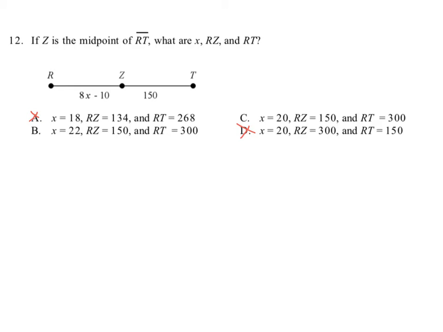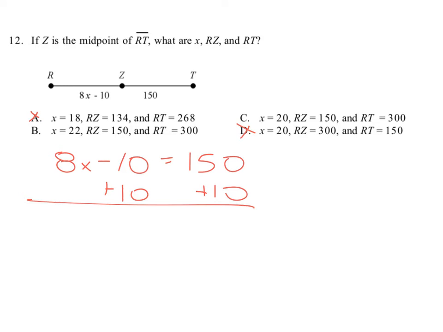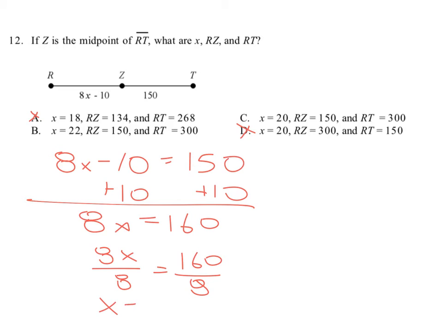If those two segments are equal, then we can say that 8x minus 10 is equal to 150 because the left side is equal to the right side if Z is the midpoint. We get 8x is equal to 160. 8x divided by 8 equals 160 divided by 8. X equals 20. They wanted us to tell us what x was equal to. So x is 20. That was either going to be C or D because A and B don't have